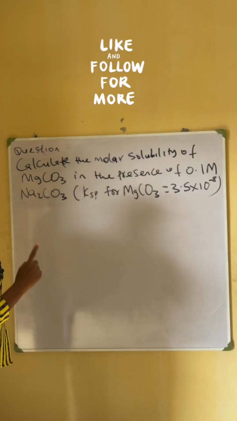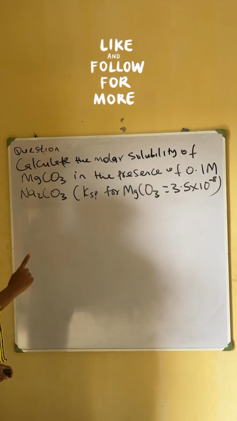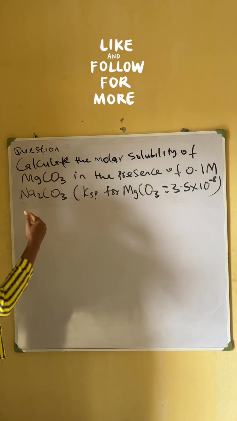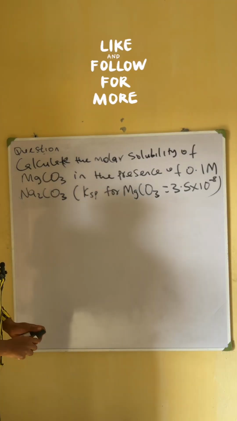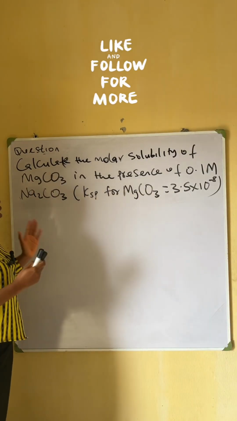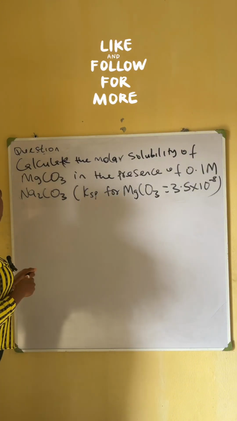Calculate the molar solubility of magnesium carbonate (MgCO3) in the presence of 0.1 molar sodium carbonate (Na2CO3). So this is the Ksp for magnesium carbonate. We're looking at the common ion effect. We're going to write